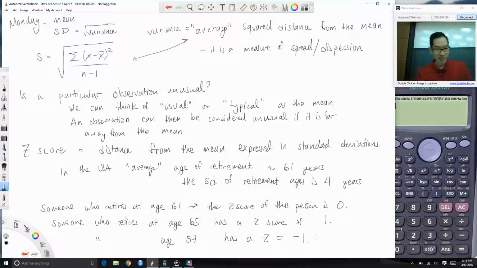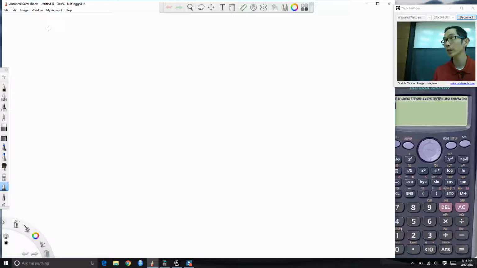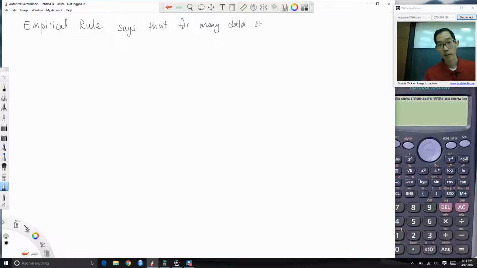right? Okay, so this is the concept of a z-score, and this is especially useful if we wanted to talk about what is considered usual or unusual. Okay, so we have these rules of thumb. Okay, or we have kind of this set of rules called the empirical rule. Okay, it says that for many data sets, okay, and again we're talking about numeric variables,